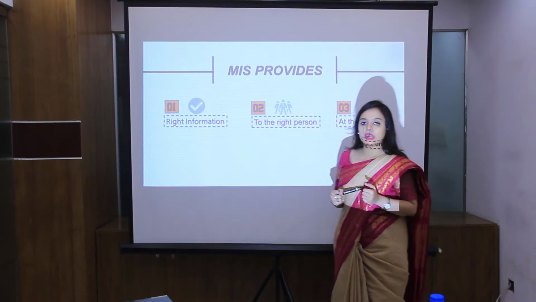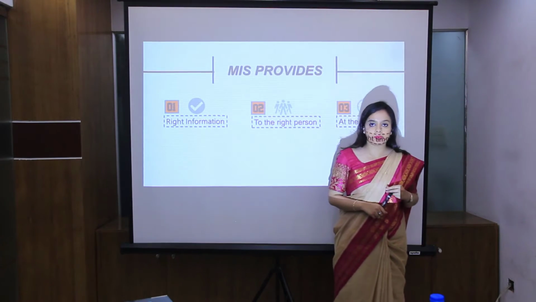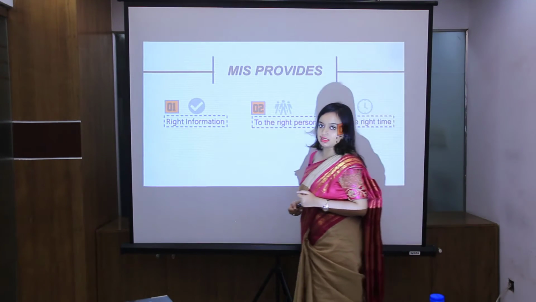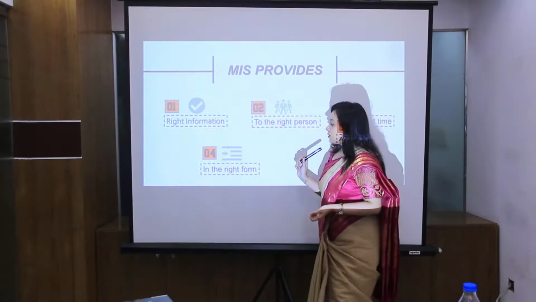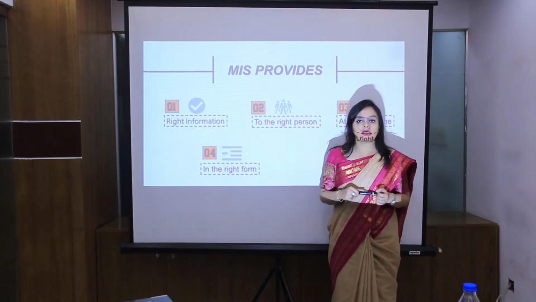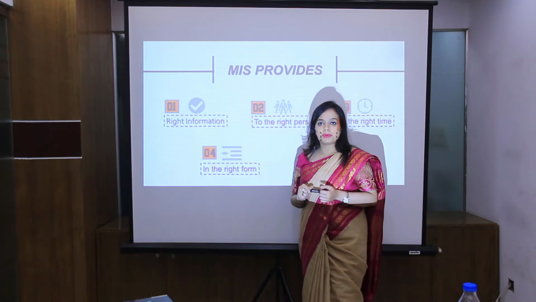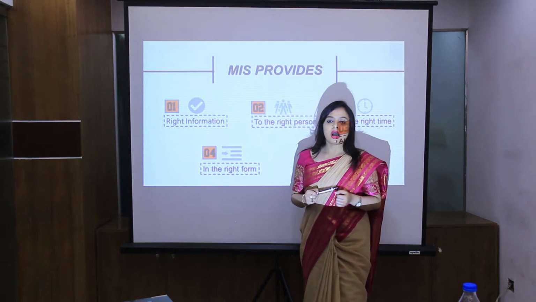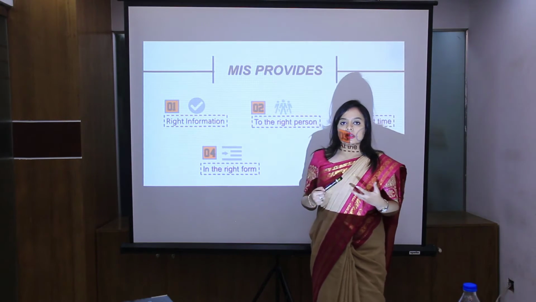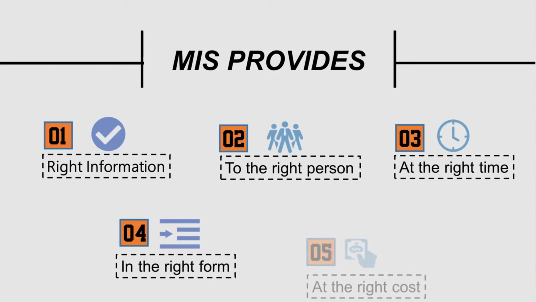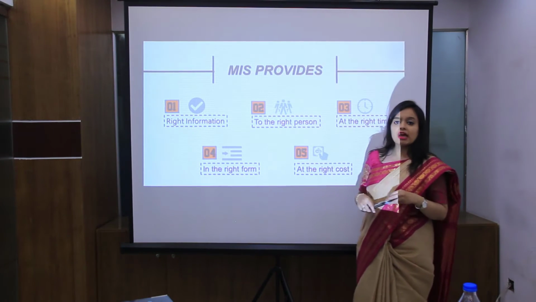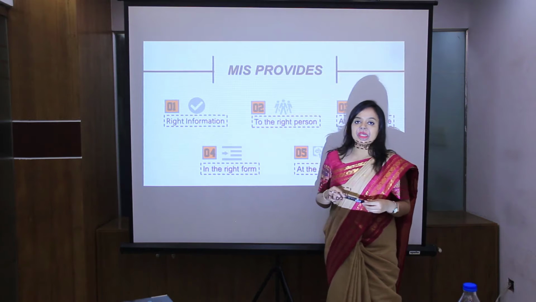The right people can be anyone in the industry, from the individual player to the executive level. They need data and information to make the right decision. MIS provides information in the right form. What does the right form mean? Form can be many things. Obviously, an executive-level person doesn't want to read sheets to know how their sales are doing. They prefer graphs and curves to know immediately how their sales are doing. The last objective is the right cost. So we have to do all this within the cost.